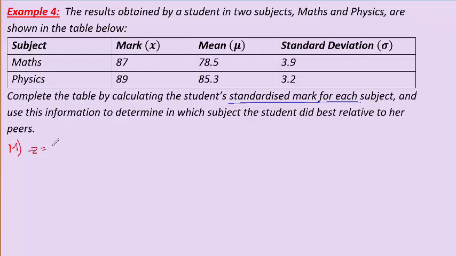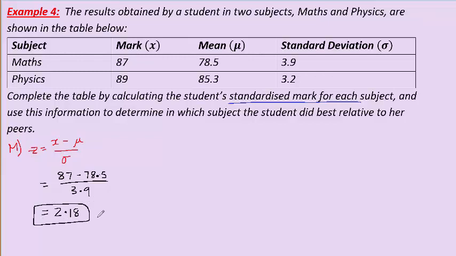Now remember, the Z score is the actual score minus the mean over the standard deviation. So for maths, that will be 87 minus 78.5 over 3.9. Now that's not a sum you'd be expected to do in your head, but let me tell you that that comes to, I think, about 2.18. That means this student is 2.18 standard deviations above the mean, or at least in the top 2.5% of people